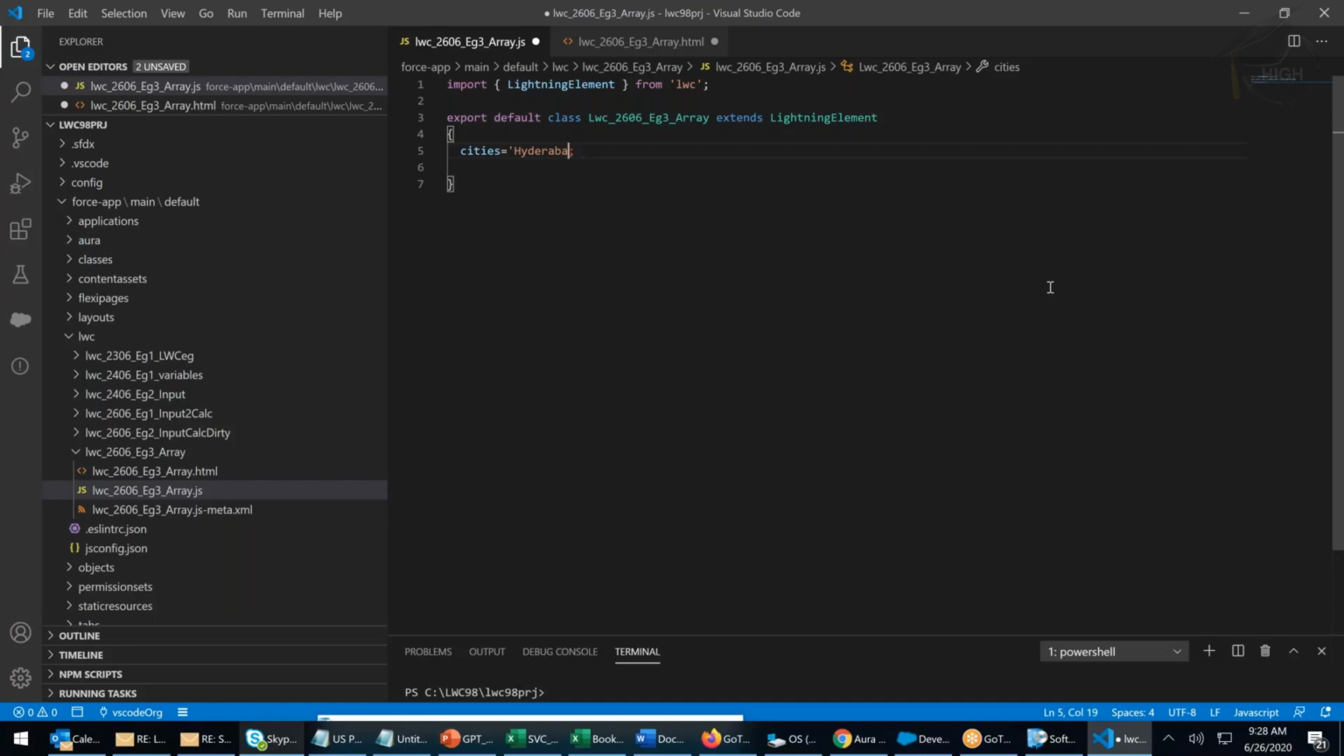What type of data is it? It is array data. All the arrays are put in square brackets. What are the cities? HYD, Hyderabad. What are the cities? HYD,